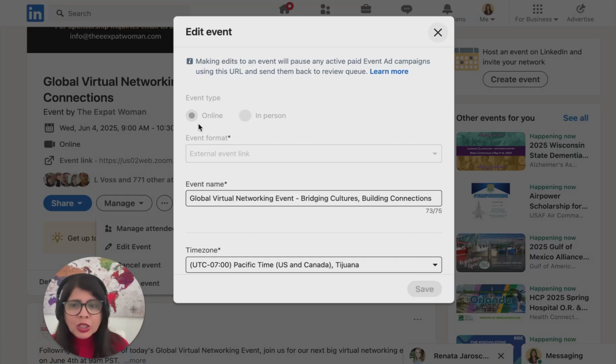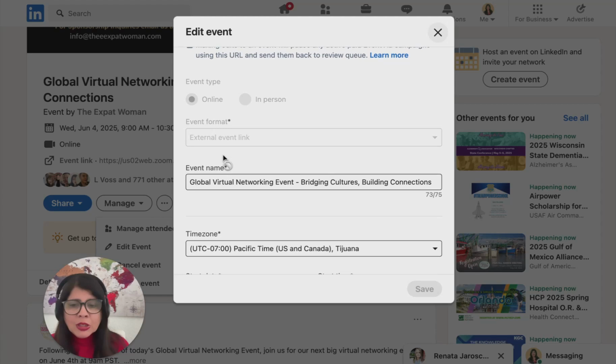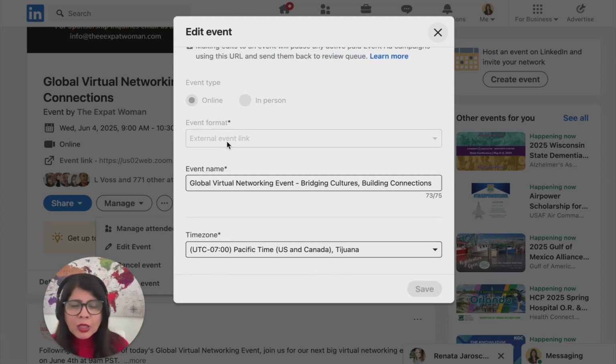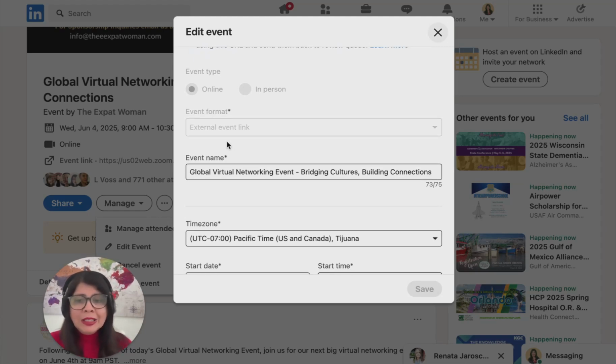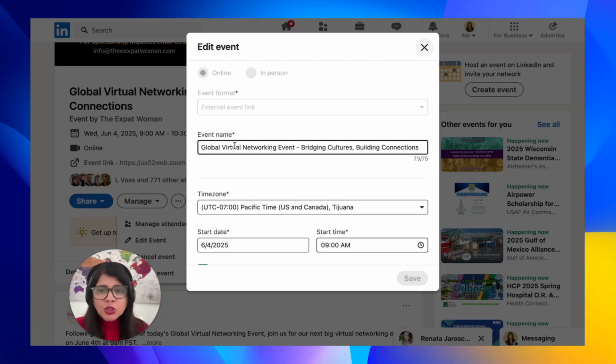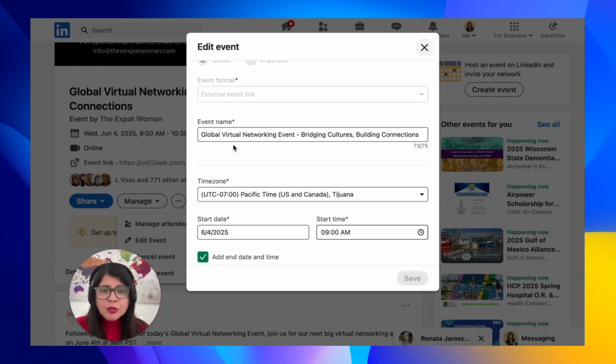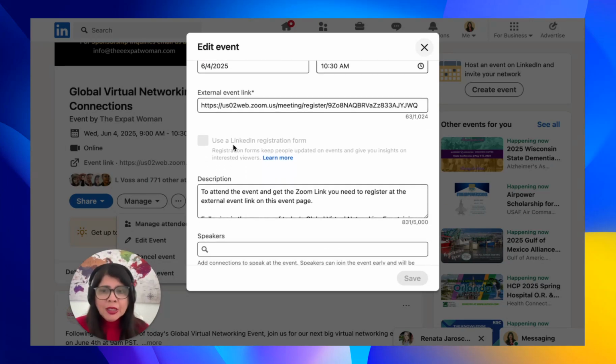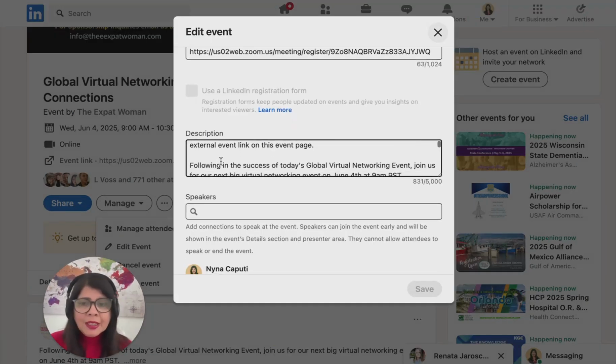I can't change it now. If I decide, oh, I want to do an in-person event, or I want to change something like the format, you can't change from online to in-person or in-person to online. Once you've created the event, you'll have to delete it and create from scratch. You can't change the format, but you can change the title, you can change the time zone, you can change the event link